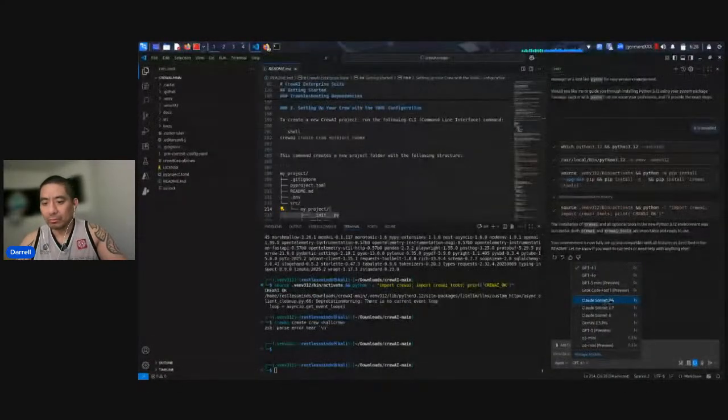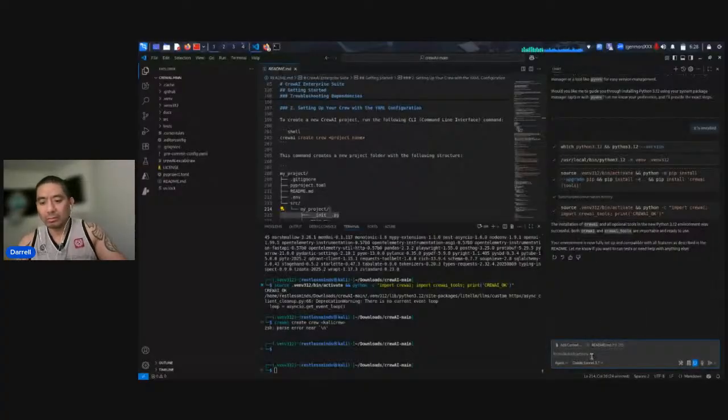So let's use Claude 3.7 and let's ask it to create a crew by running the following.